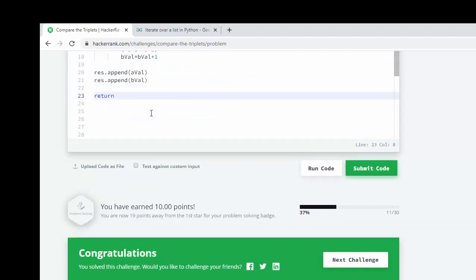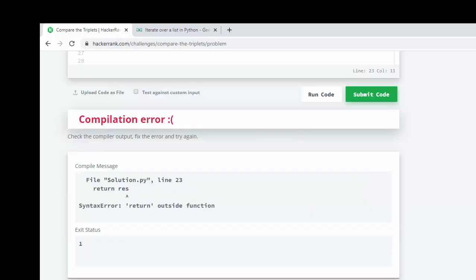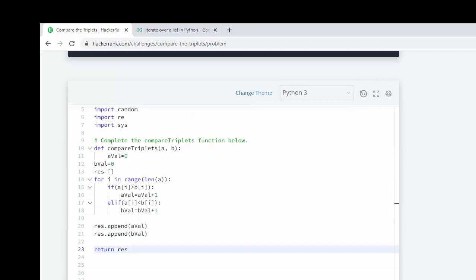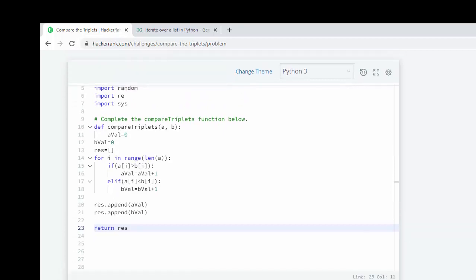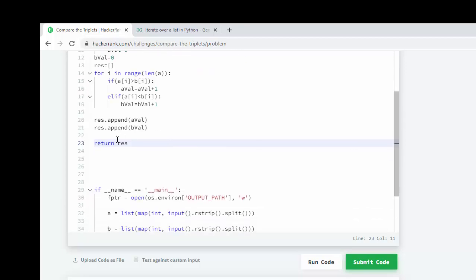Let me return this res. I should not get anything because, let's see. Okay, return res. I think it is more to do with syntax only.